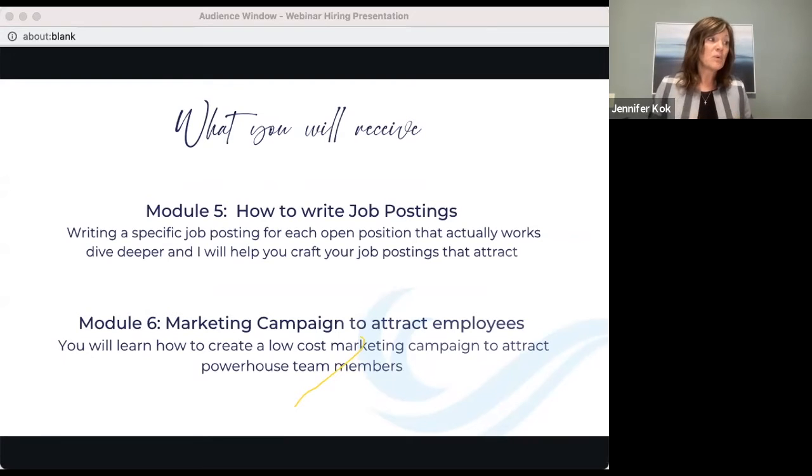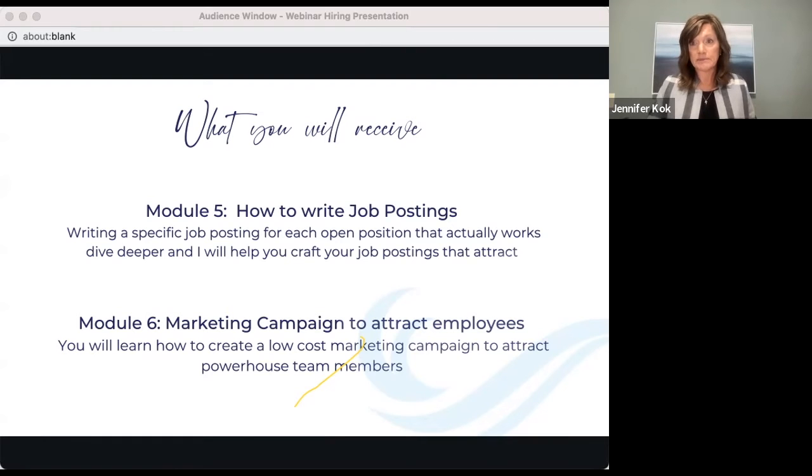And then important one is the marketing campaign that goes behind this. It's great to write a job posting, but we have to get active with marketing. It's like HR and marketing have to come together. And so we'll go through some low-cost digital strategies and strategies that you can do in your business to start